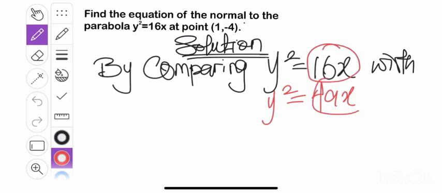So by virtue, we know we are comparing 16x to 4ax. So write 4ax